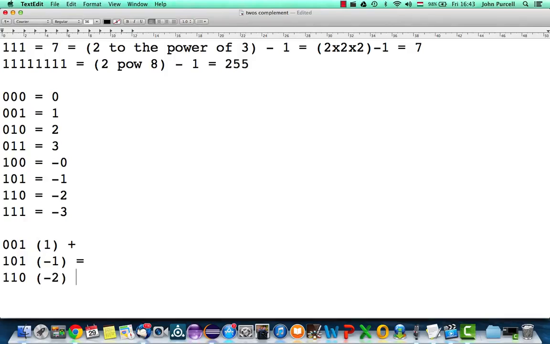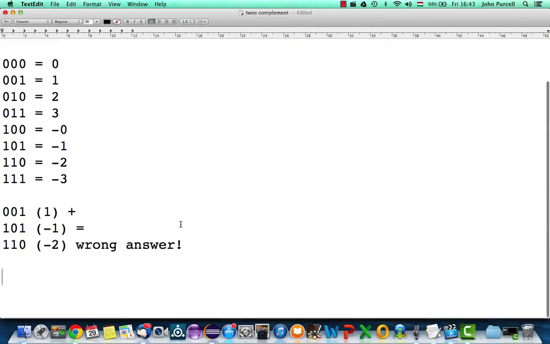So we should have got 0. So plus 1 added to minus 1 should be 0, but we've got the wrong answer. So this system is rubbish, and that's why it's not used anywhere. But we can tweak it a bit. If we tweak it a little bit, we can make arithmetic a lot more easy to do